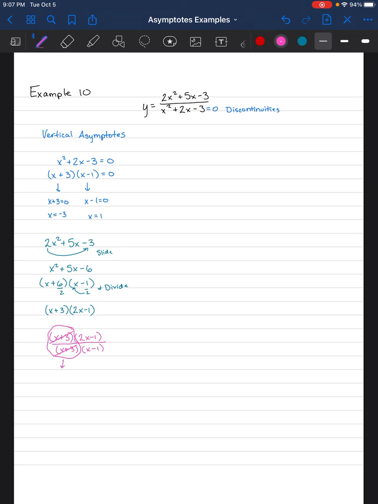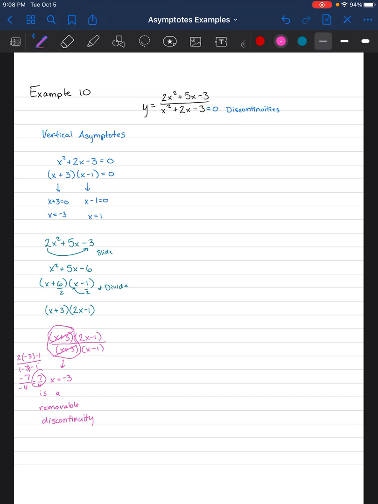So that suggests to me that x equals -3 is not actually a vertical asymptote, but it is in fact a removable discontinuity. The way that I can be 100% sure that this is true is I can take that -3 and plug it in to the leftovers. So 2 times -3 minus 1 over -3 minus 1. Now that's going to give me a -7 in the top and a -4 in the bottom. Since that's a regular old plain answer, not anything special, then I'm sure that this is in fact a removable